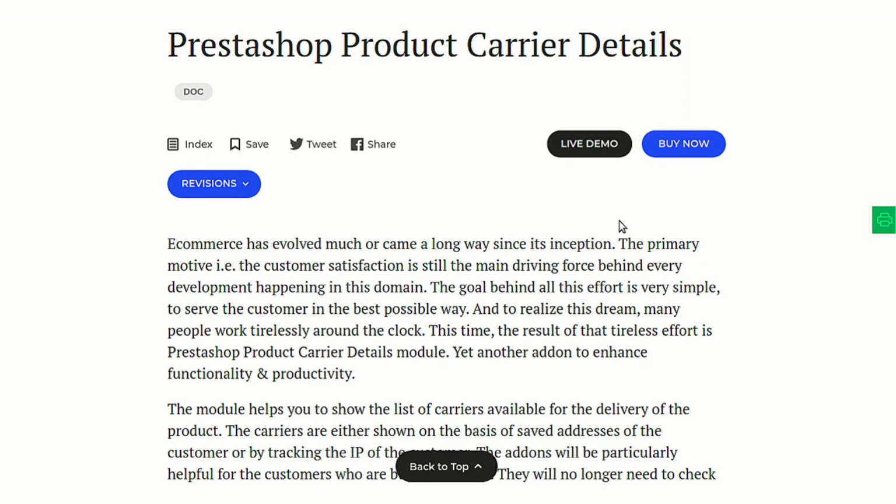In this video, I'll explain the process to configure the module, and I'll also show you how this module can help you show the list of all the carriers or shipping methods available to deliver the product on the product page itself. Showing the list of carriers will assure your customers about the delivery of the product, and